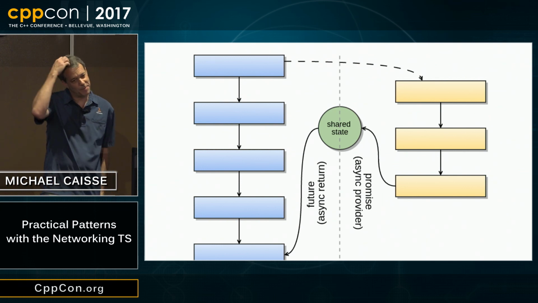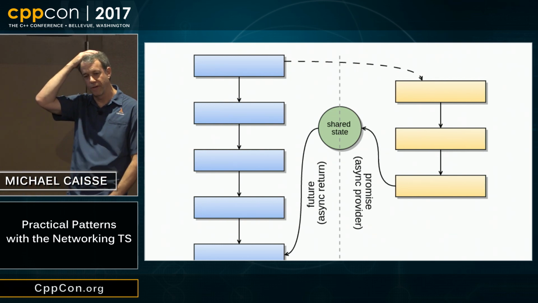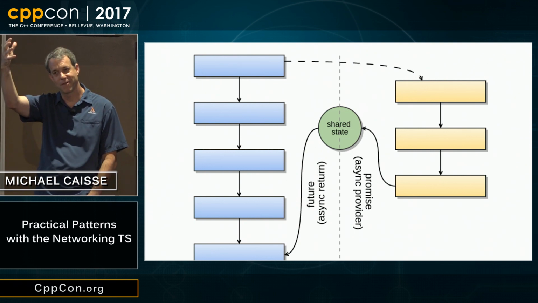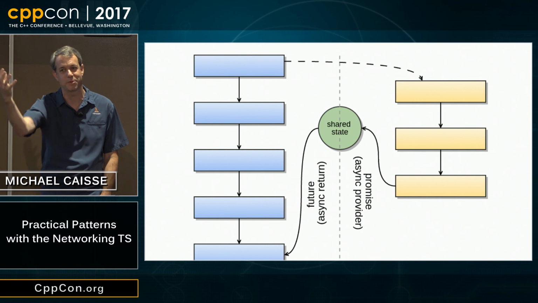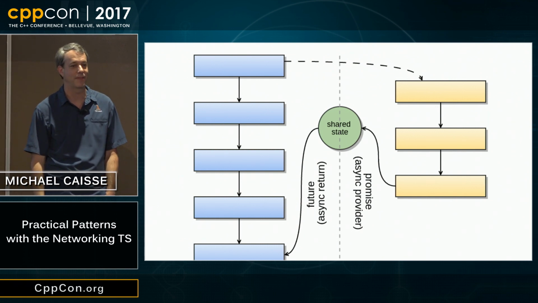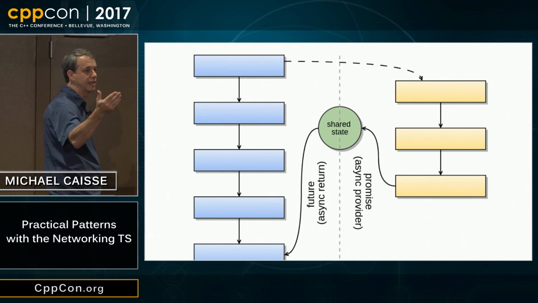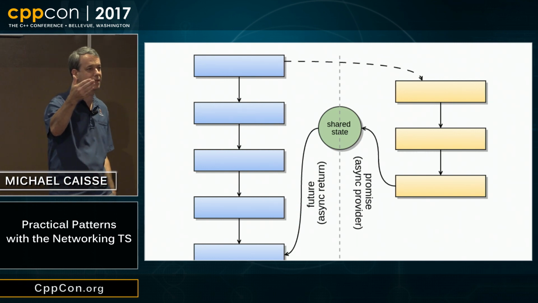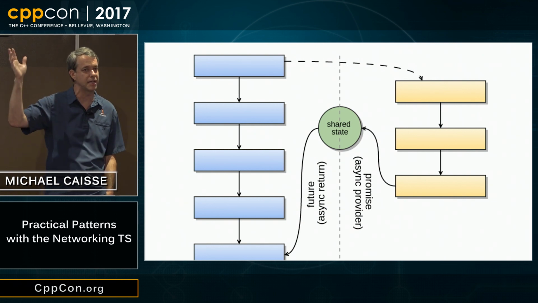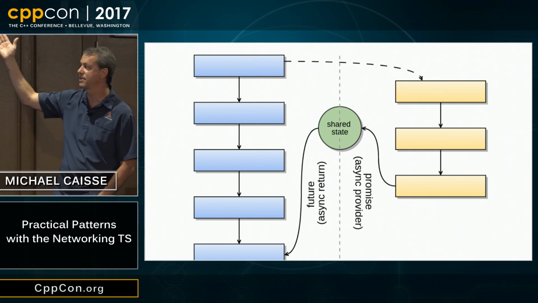So let's think about futures for a moment. What is the concept of a future? A future is a synchronization thing, right? It's an object that helps me synchronize. On the left-hand side, at the top, is the part that's initiating the asynchronous activity. It's going to start something else happening. And on the right-hand side, as it runs on through, there's a shared state. We call the shared state of the right-hand side the promise.